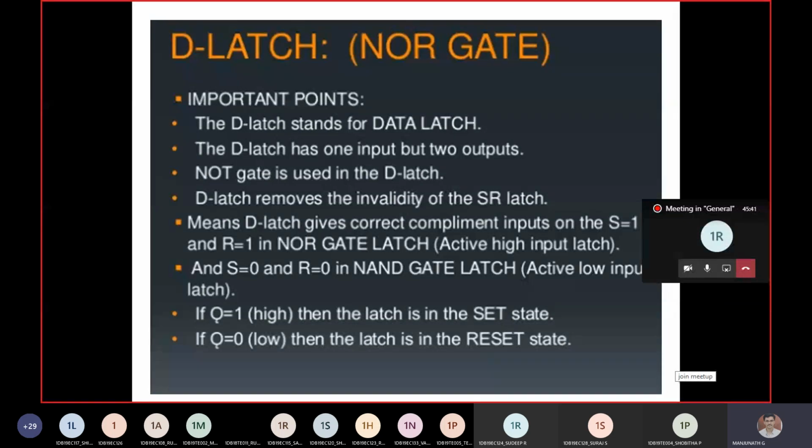Okay. So the advantage of your D latch or D flip flop is whatever the input you are going to give, same will come as output. So then it acts like a buffer. I think we discussed last time. Buffer means what? Is it a delay element? Yes, sir. Can we use buffer as a delay element? Yes or no? So same way your D latch also.